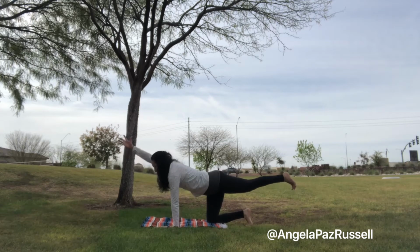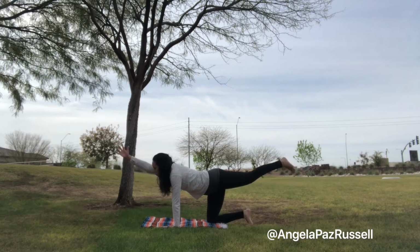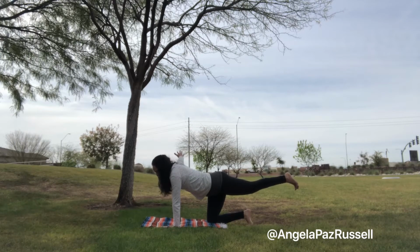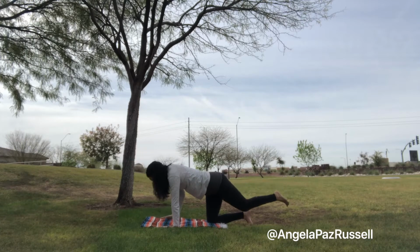Left leg extends, right arm reaches forward, rolling through ankle and wrist, and then swapping directions. Back through flexed foot, elbow to knee, inhale, extend, exhale, round, elbow tap knee, inhale, lengthen, exhale, round, inhale, extension, right arm comes off in line with the shoulder, bend that lifted left knee, reach back if you can grab the foot, kicking into the hand, gently guiding heart space forward, and then release and extend arm and leg,